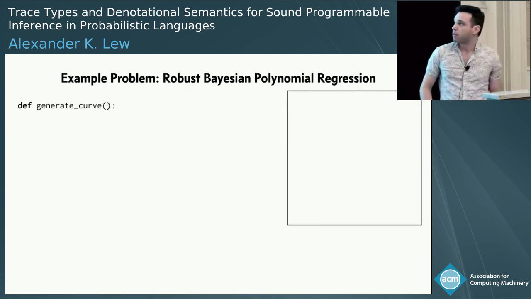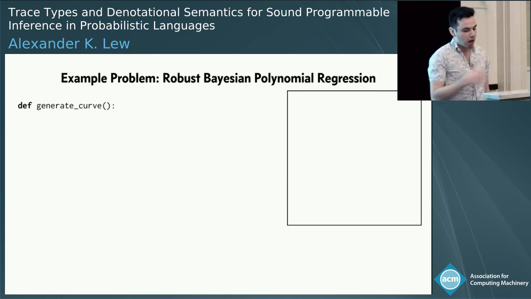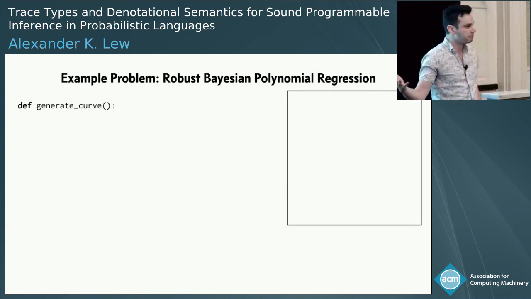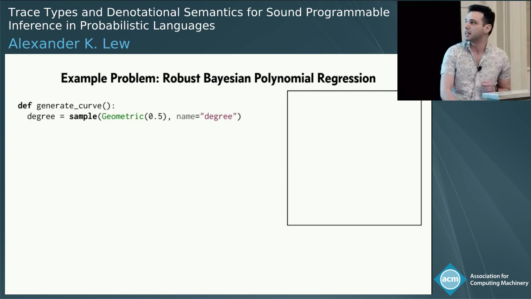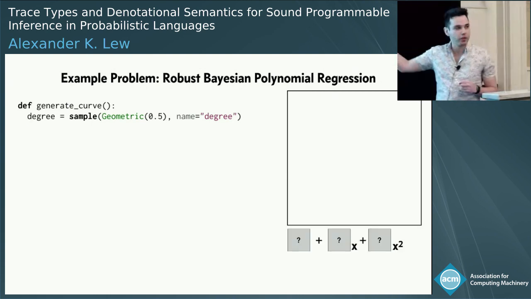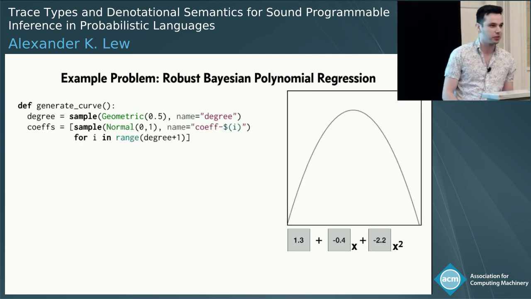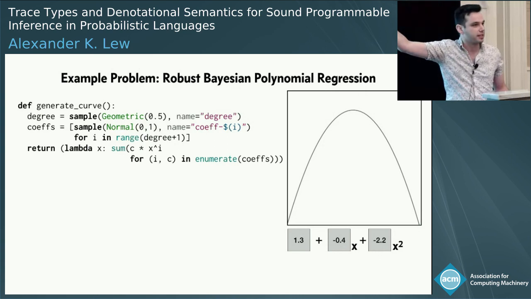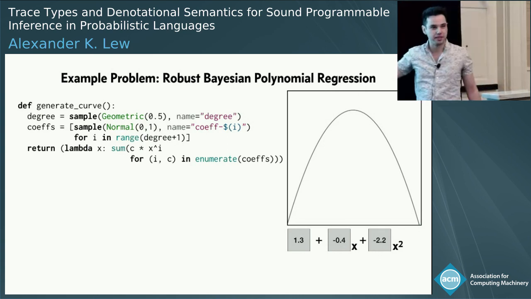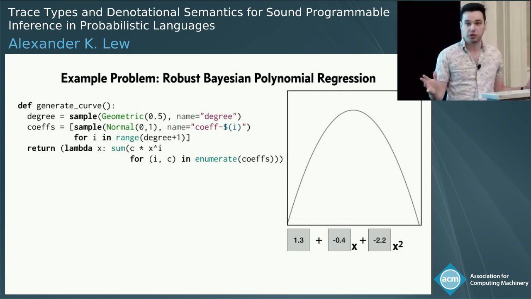How do we tackle this problem using probabilistic programming? Well, the first step is to write a generative model, which is a program that models the process by which the data came to be. Okay? So in this case, we're going to write a helper model first called generate curve, which is going to be responsible for sampling polynomials. And it's going to do that by sampling a random degree. So maybe we chose degree 2, and then sampling random coefficients to fill in the coefficient slots in that polynomial, and then packaging it all up in a lambda abstraction that implements the polynomial function determined by this degree and these coefficients. Okay? So this is a probabilistic program over polynomials.